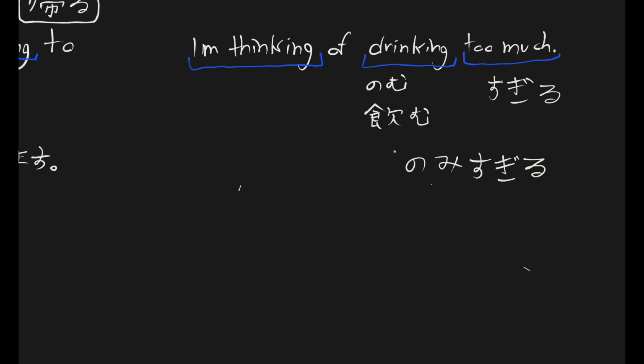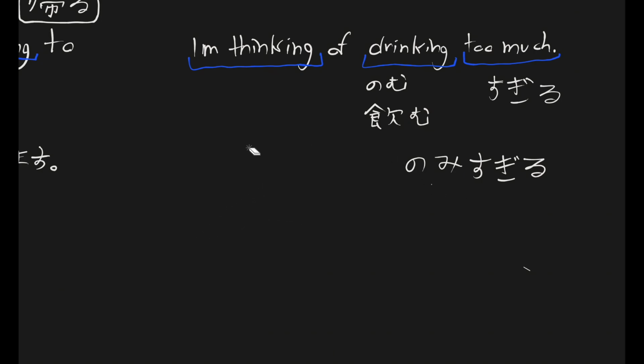And you treat this as a ru verb. This is a ru verb now. You treat this as a ru verb, not an u verb, a ru verb. So an ichidan verb. That is what you treat this as now. So now that you have that,